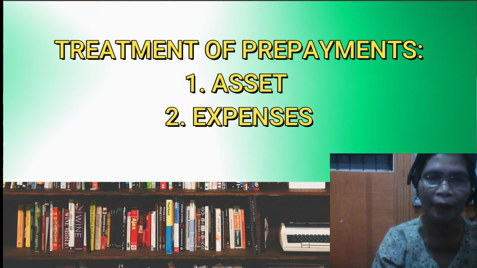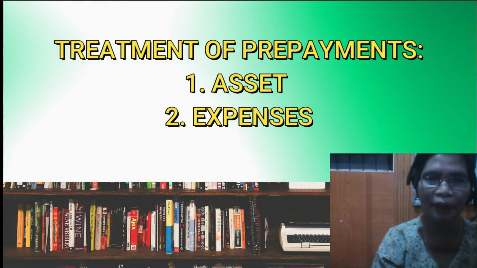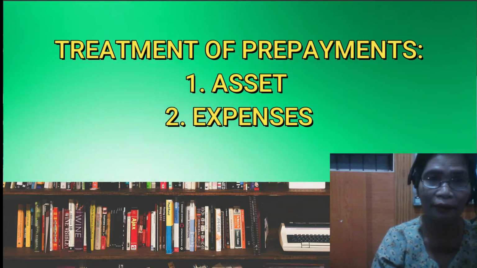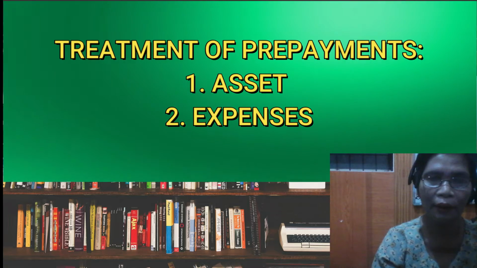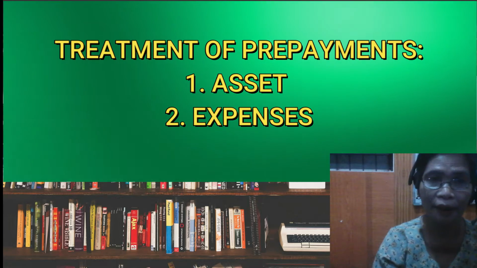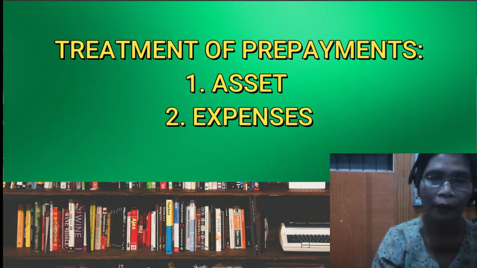For the asset method, at the time that the company paid expenses in advance, they are treating the account as an asset. But if they treat the advance payment for operating expenses as outright expenses, they are recorded as expenses. But at the end of the accounting period